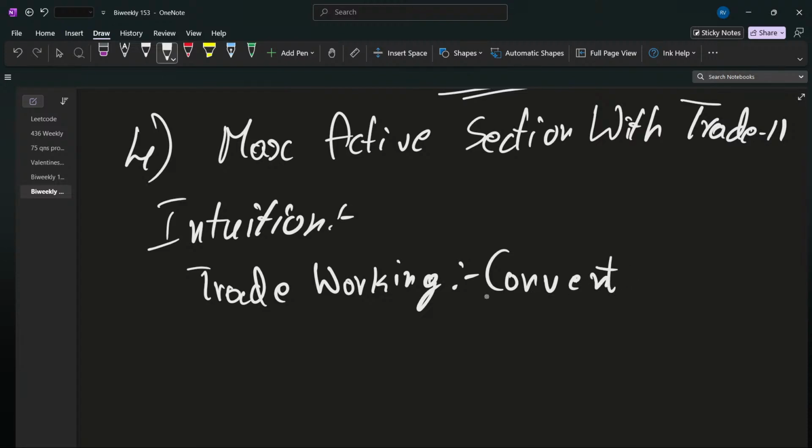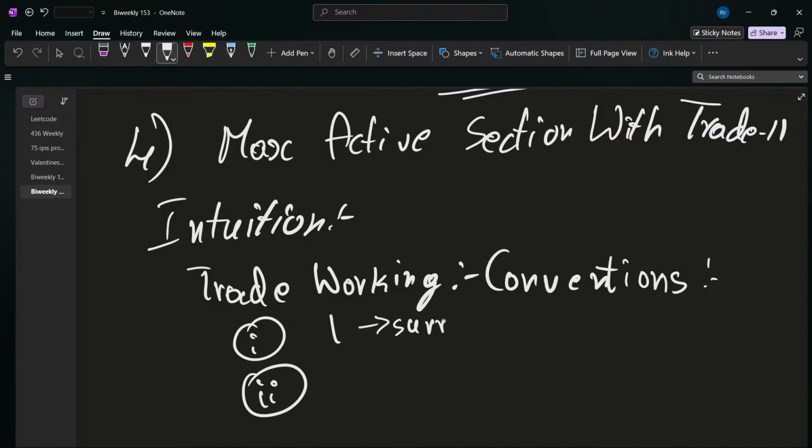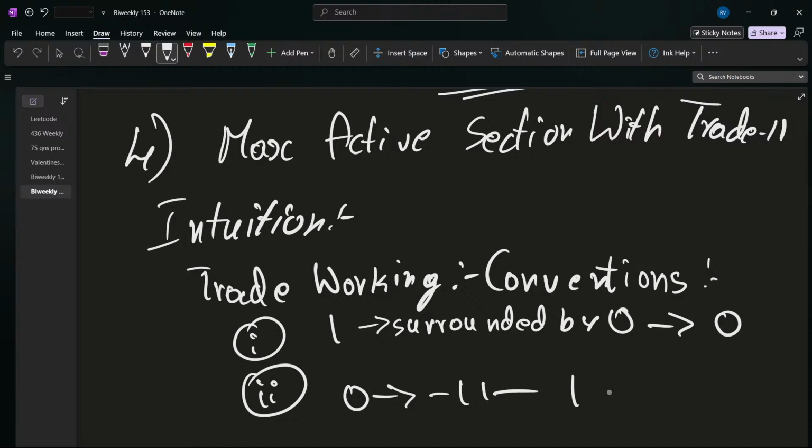I already told how the conversions work. The first one: a 1 surrounded by 0s will be converted to 0. Then a 0 which is surrounded by 1s will be converted to 1. After this,